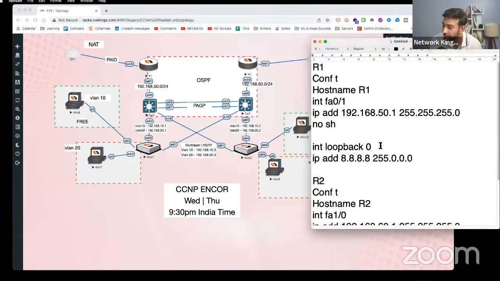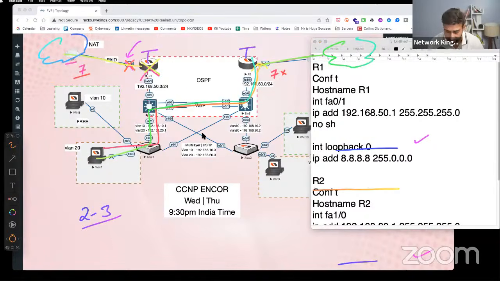Okay, so host name R1, R2. So this is basic configuration. Now this switch that I'm using here is a layer 3 switch. Most of you maybe don't know what layer 3 is. But this layer 3 switch has something